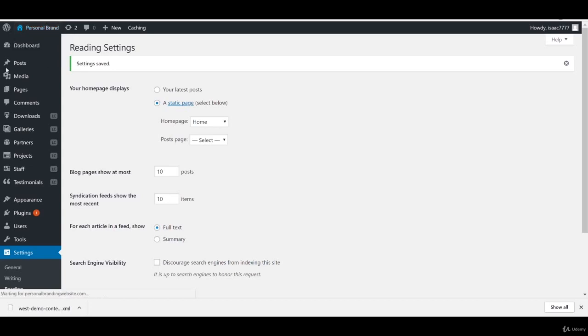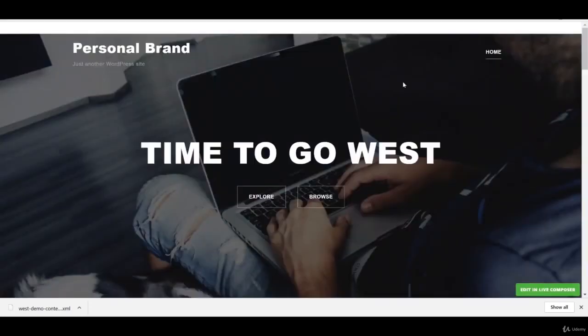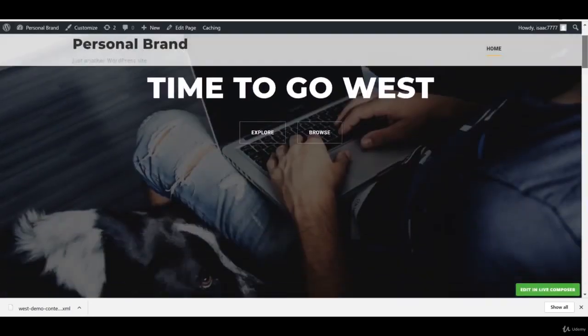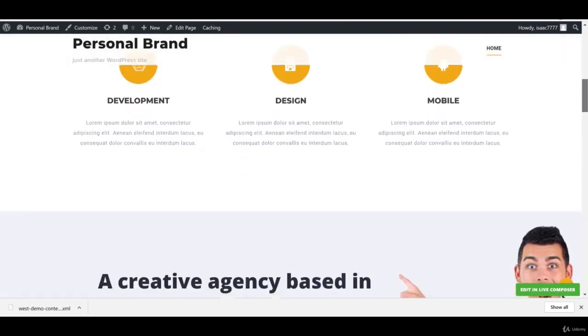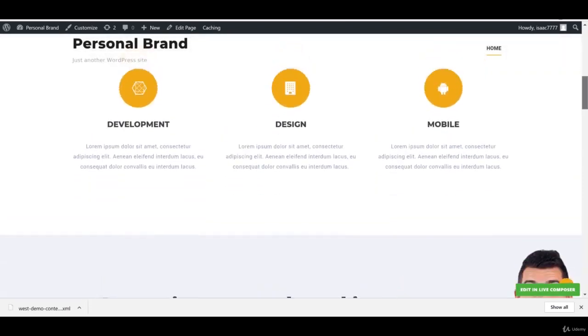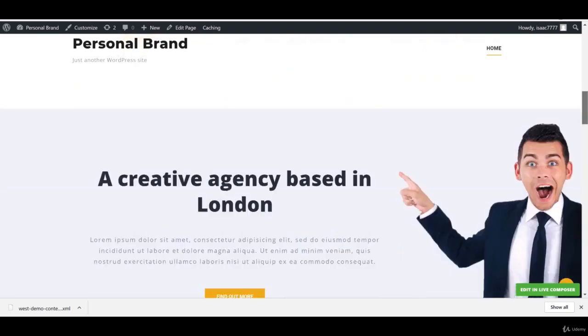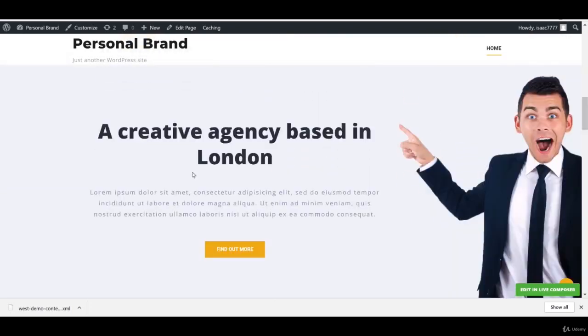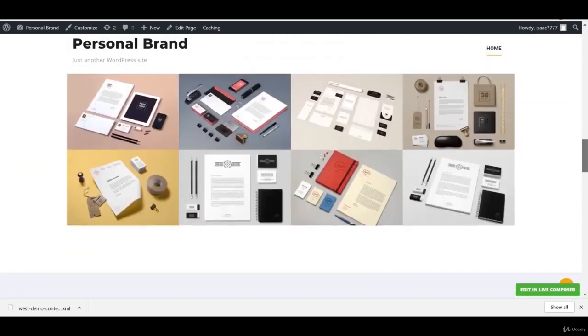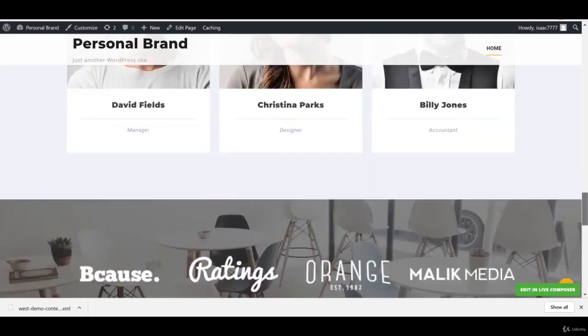So if we go back to our site, we hit visit site, have a look here, and if we scroll down now, there we go. It's starting to look like a much better website. We've got this big nice section up here, which we're going to go through and edit. We've got our small about section that we're going to go through and totally edit out. We've got the portfolio section now, we've got the team,